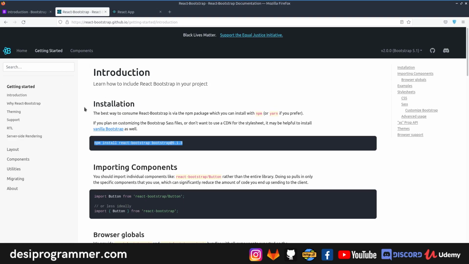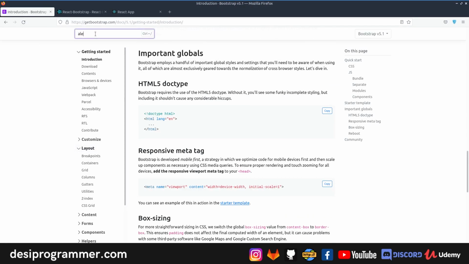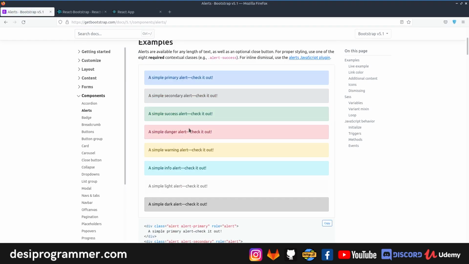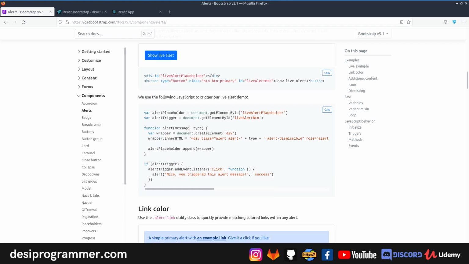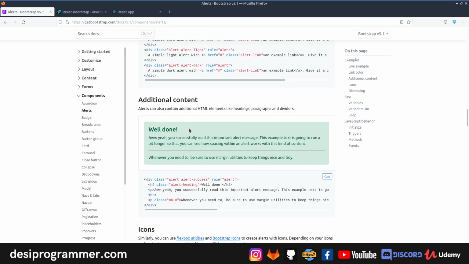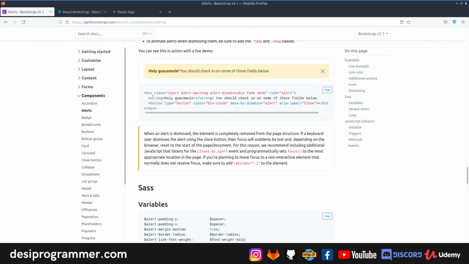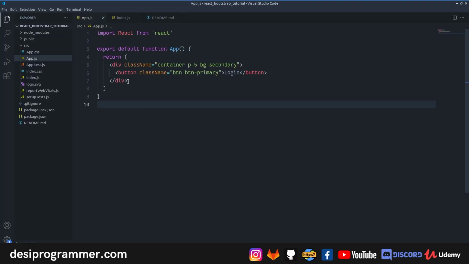We can use Bootstrap CSS, but remember when I said we are going to use React Bootstrap too. Let me tell you why we want to do that. Let's go here and search for alert. This will give us alerts, one of the great features of Bootstrap that we really use a lot in a project. What I'm going to do here is very simple. I'm just going to copy this dismissible alert from here. We'll copy everything, go back here and paste it here.